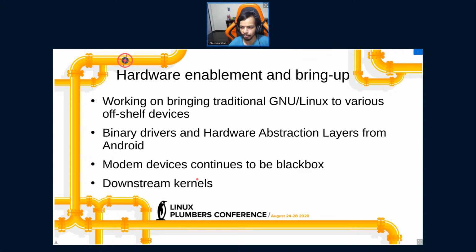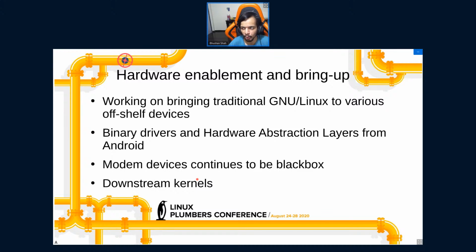And there is the challenge of hardware enablement and bring up. Most of the off-the-shelf devices where we can possibly run Plasma Mobile are based on Android.